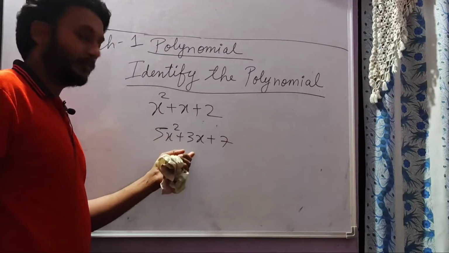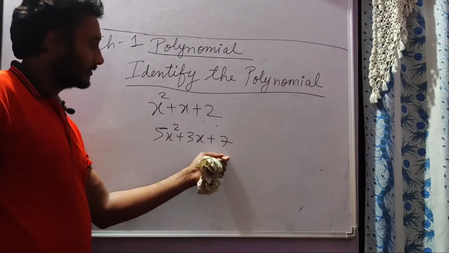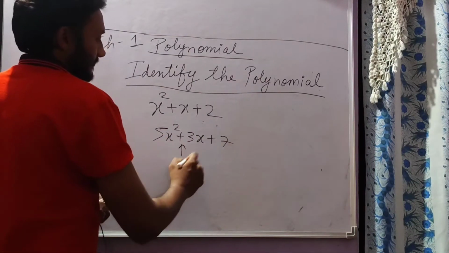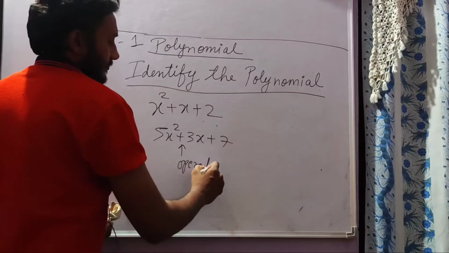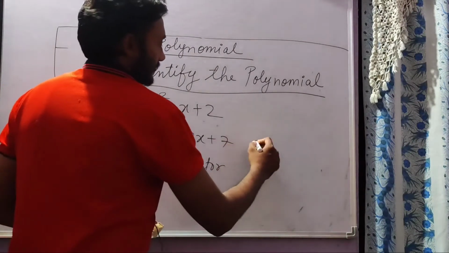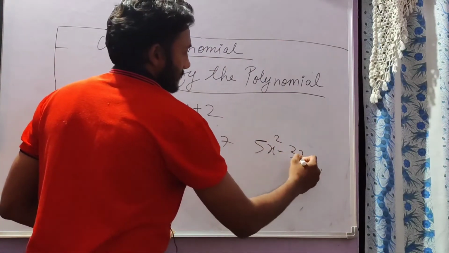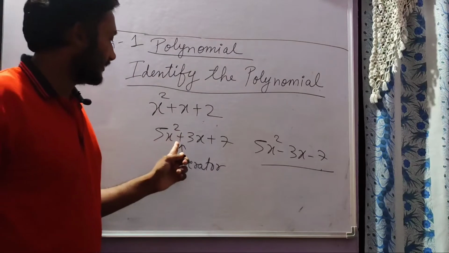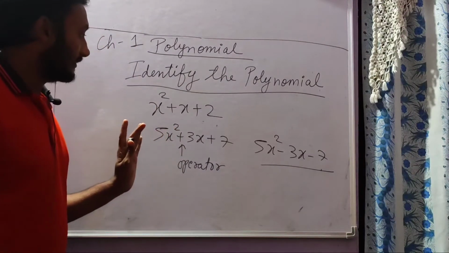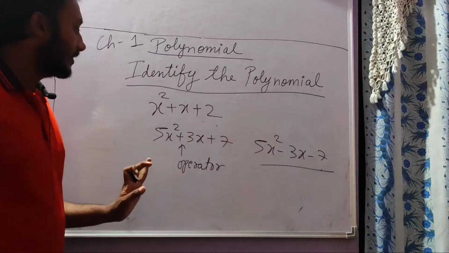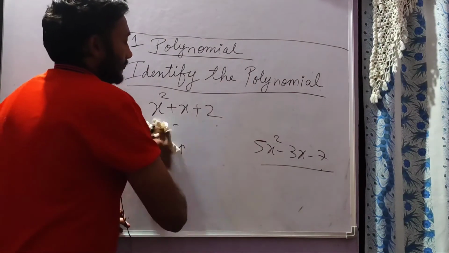ठीक है, polynomial है ये तो आप लोगों को पता है, just a series of terms. ये जो operators हैं, these are the operators, either it can be plus, either it can be minus. This is also a polynomial. It is not always that it should be plus sign. There can be a negative sign also, plus sign भी हो सकता है, minus sign भी हो सकता है. You have to take care.